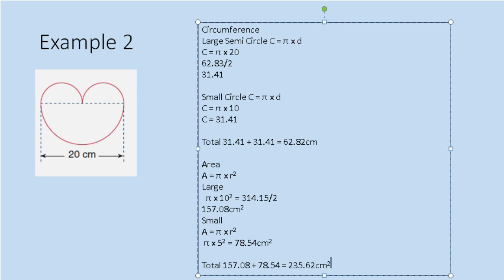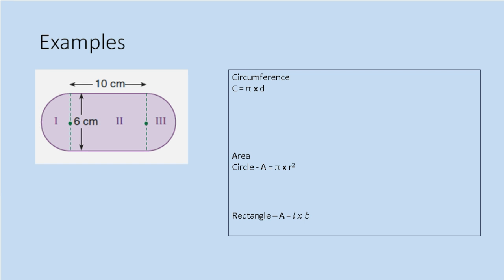Okay, let's keep going. If you want to, you can always stop, have a go at the question, and then watch the video to continue. Alright, here we go. Let's have a go at this one. So this time we've got a circle and then a rectangle in the middle. Now these two sections here make a whole circle. So we're just going to find the circumference of one circle. So the circumference is equal to pi